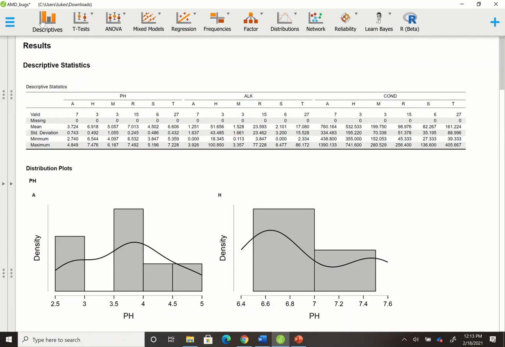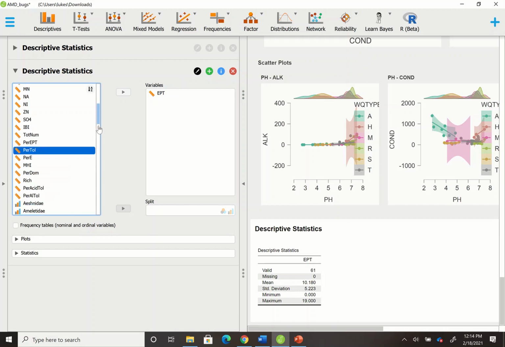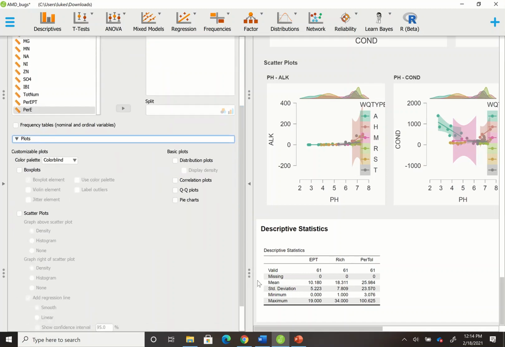So we can do a bit more with the descriptive stats, as there are quite a few things you can do with that. So let's go back in here. Let's choose some other ones. So EPT richness and percentage tolerance. And for this one, we're not going to add any split. So we go back down, add scatter plots,